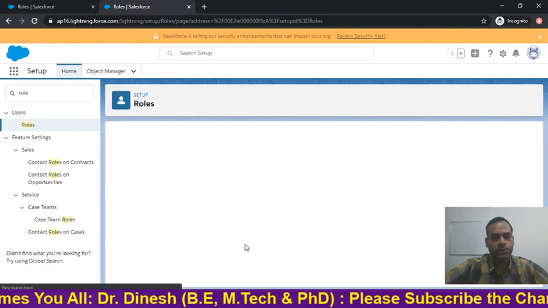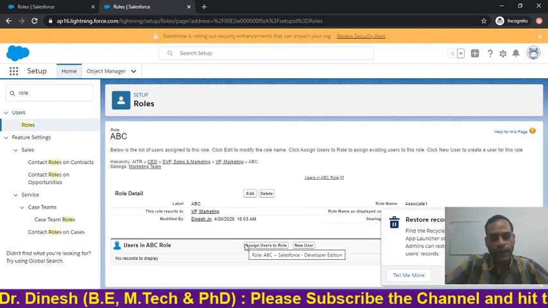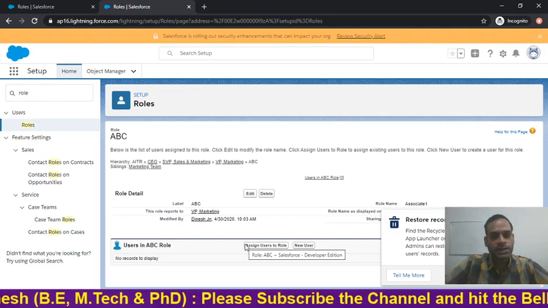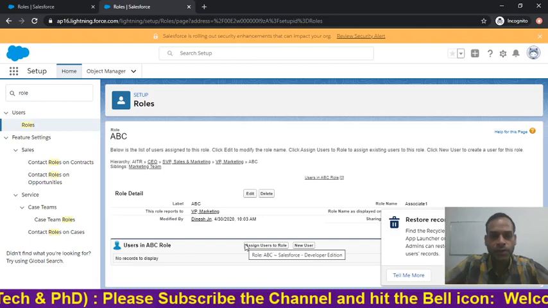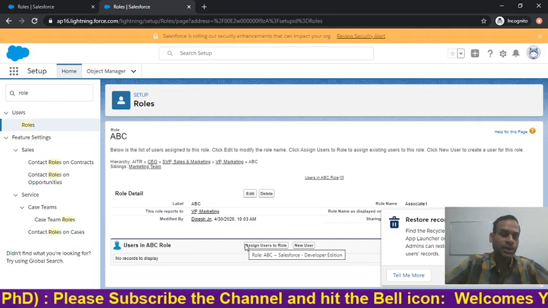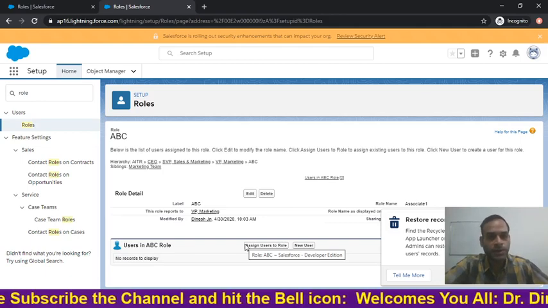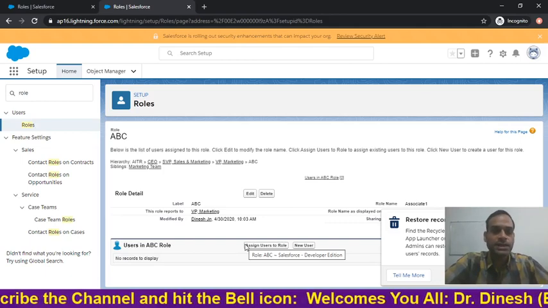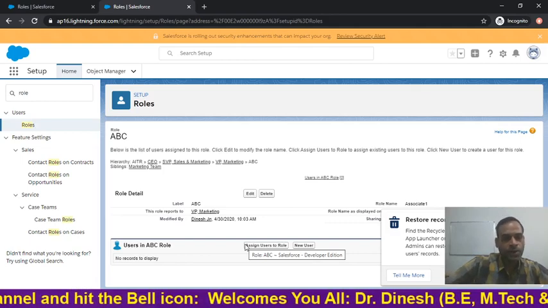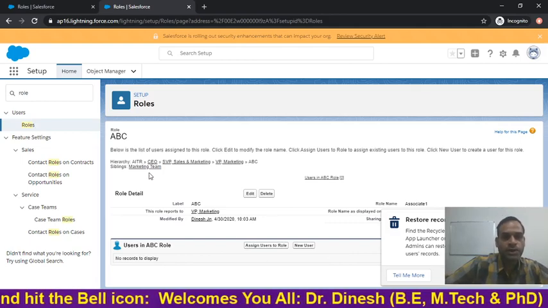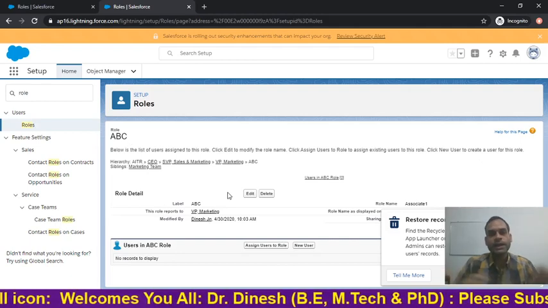Okay, now there is a facility provided in Salesforce. If a name already exists, then a duplicate name should not be there. That is a property of a DBMS or database. That name was already available, so we changed the name, and it was easily saved in the Salesforce environment. Now we have a new role, known as ABC. This is the role, and this is how we create it.